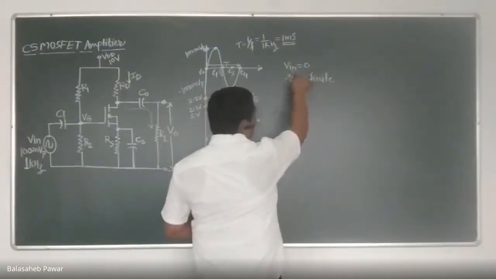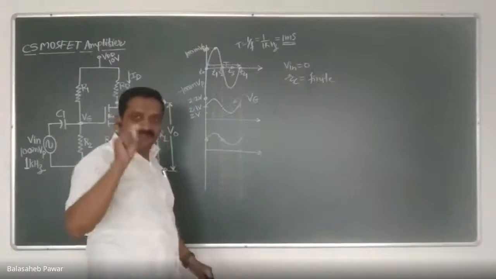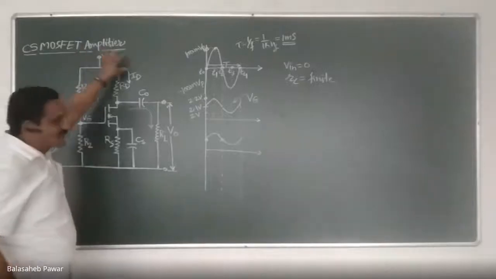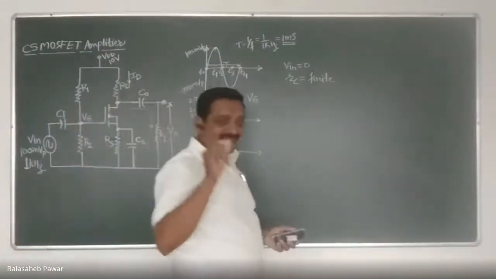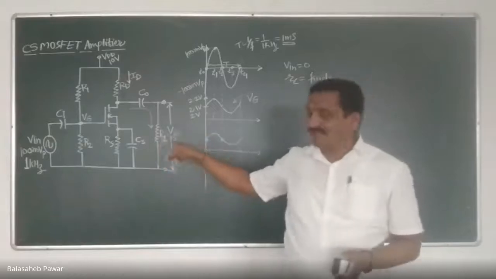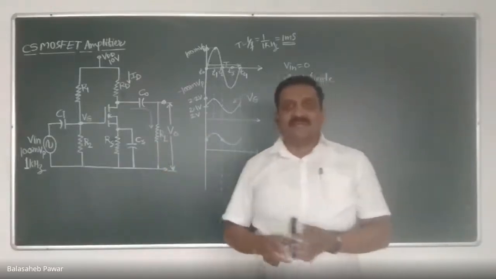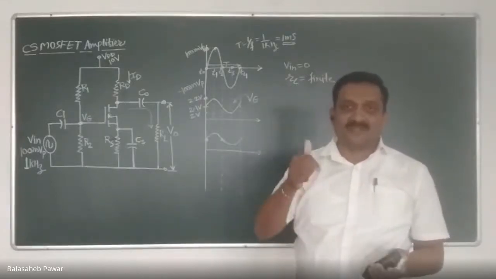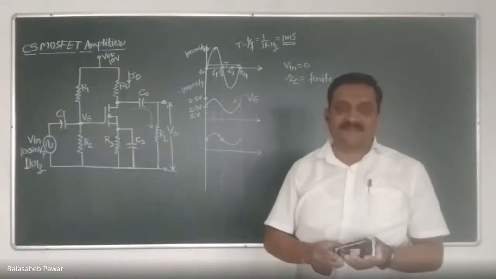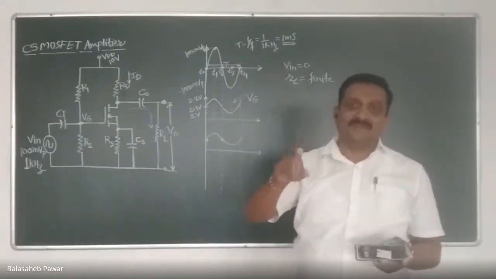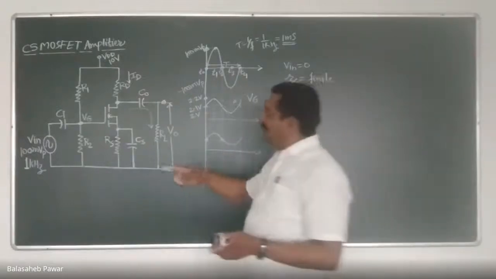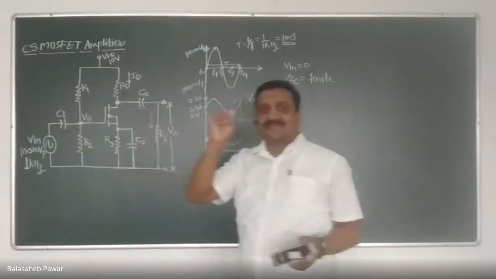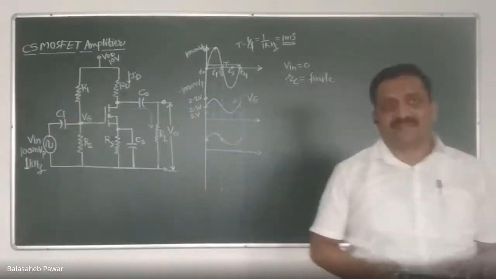Whenever input is 0, input means which input? Input signal source, Vin. But the remaining components, the DC source, are already available. That means in the absence of the input signal, the transistor is working at the center of the load line, because VG is not 0 or VG is not equal to VT. Are you agree with this? VG is equal to VGSQ, and that's why the current flowing through the transistor will not be 0. It will be non-zero, and how much? It will be the quiescent drain current, IDQ. Right?